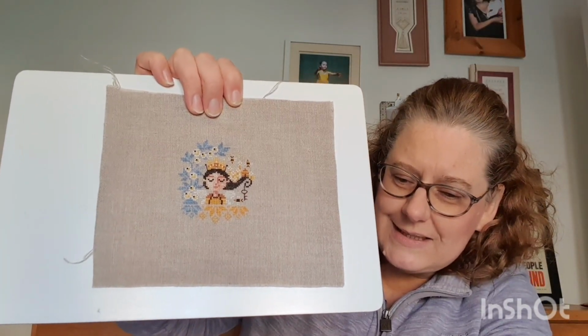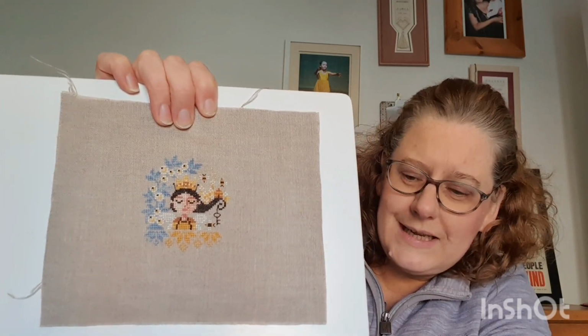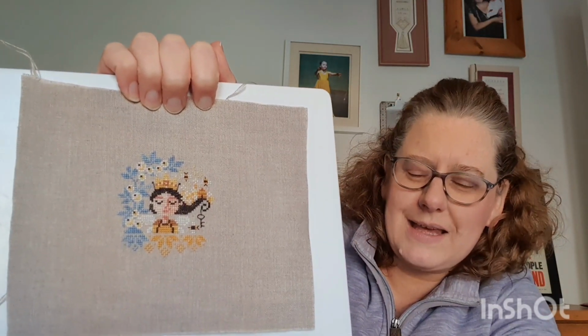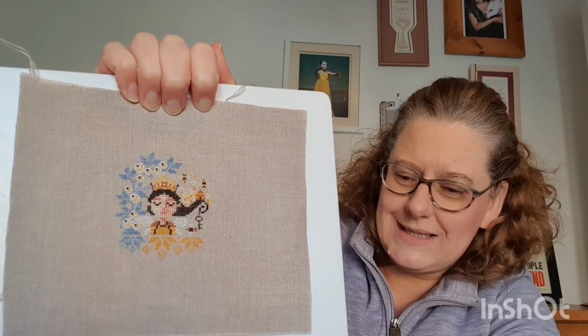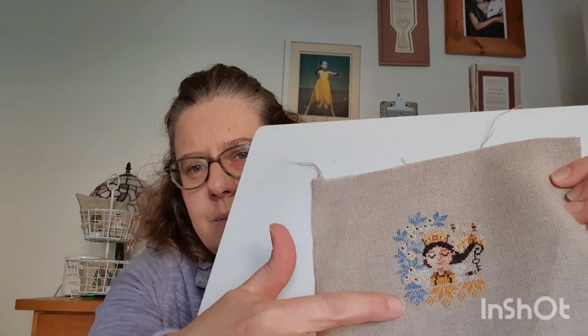This is Dreaming Queen Bee, and it's in a 40 count linen, probably flax or natural, I would say, from my stash bag, my magic stash bag as I call it. And I pretty much stitched this with the called for threads. The only one I changed was this beautiful blue there,